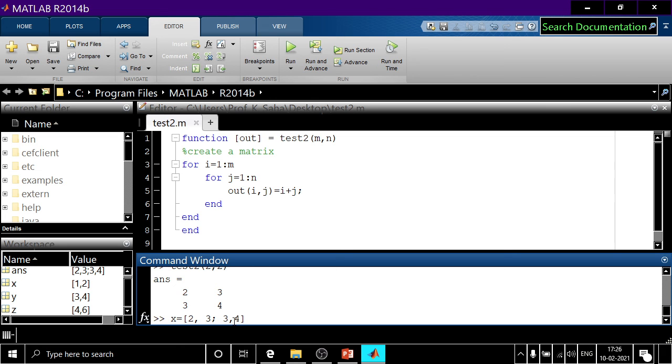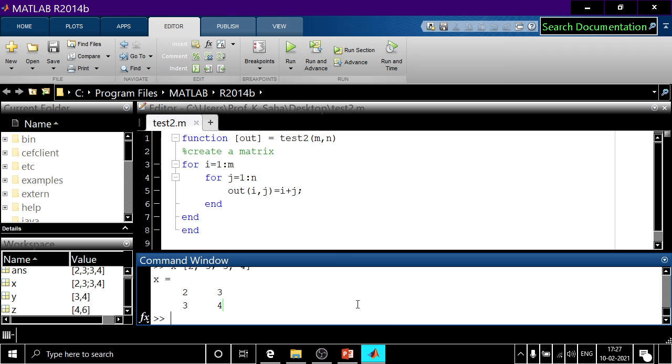Now this 3 comma 4. This is element of the next row, second row. So what will happen? This answer and this x, they will be identical. Same thing will happen. Okay, understand? You can go there and see. This was answer, and this is our x.